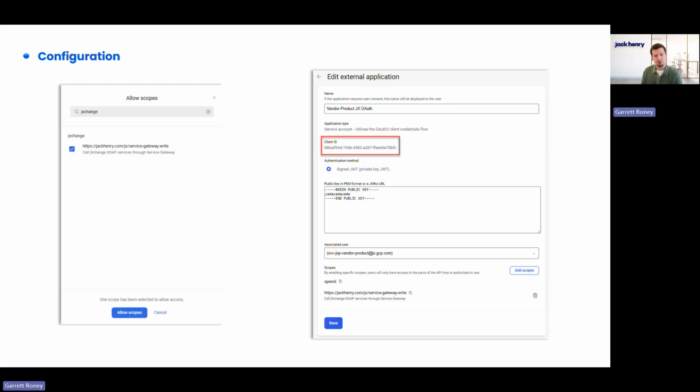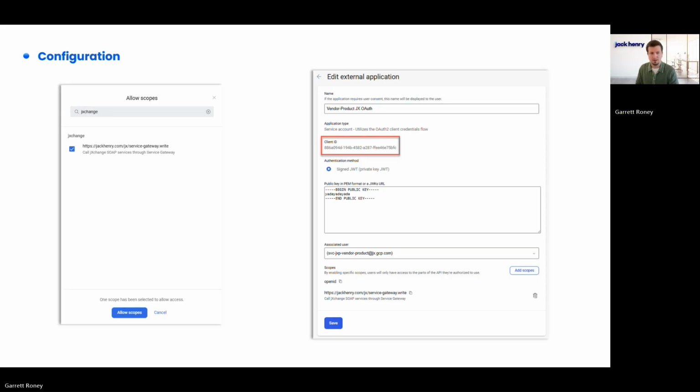And then the final screenshot here is essentially after you have added the scope and you click Save, that's when you'll be returned to the previous screen where you see all of your external apps. You'll have to go back into the external app you just created to retrieve this client ID that is highlighted in the screenshot on the right. That client ID is then returned to whatever consumer so that they can make the token request to get back access tokens. Again, if you're building something yourself, you have your own internally developed application, you'll need that for your